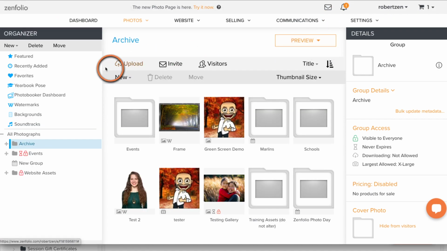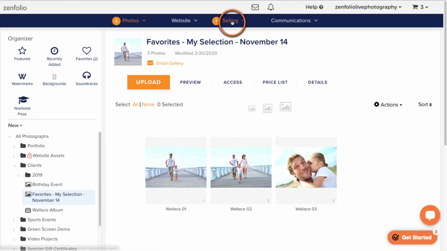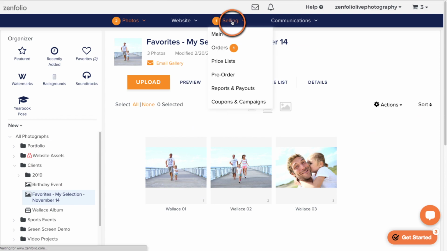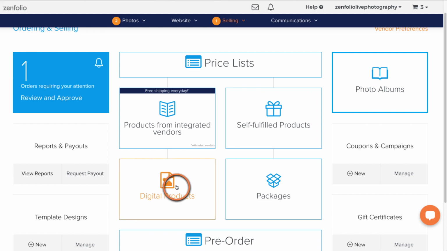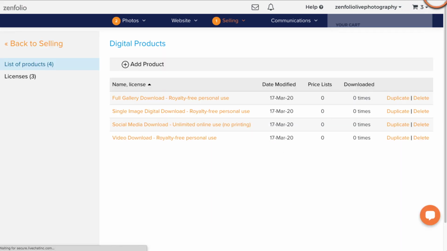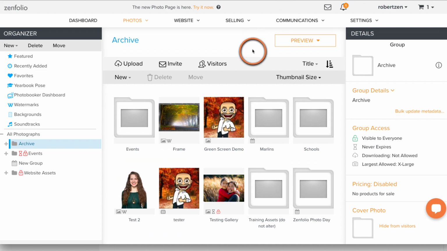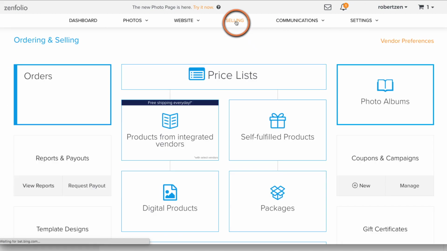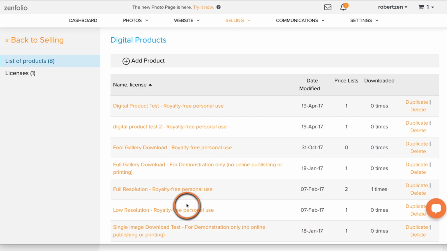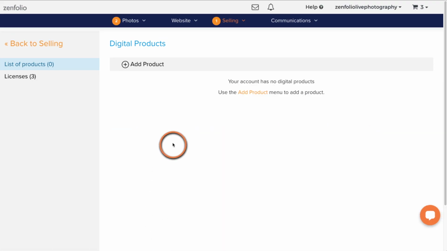Okay, now we're going to navigate to selling those digital products or setting up those digital products. So what we're going to do is click on selling right here, and then we're going to click on digital products right here in our selling panel. All right, now for this version, it's basically the same thing. You can click on selling right here and click on digital products. Okay, so now we're going to jump back into the newer version of Zenfolio. All of these steps, once you get to this place for both versions of Zenfolio, are exactly the same. So I'm just going back here to show you on this side.